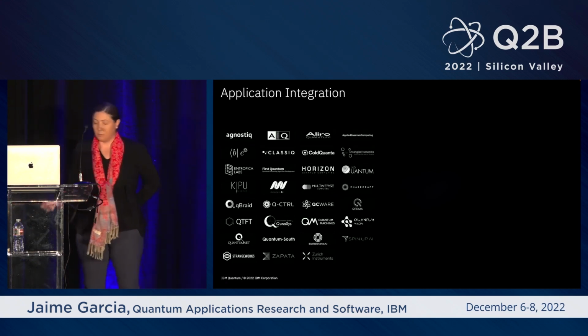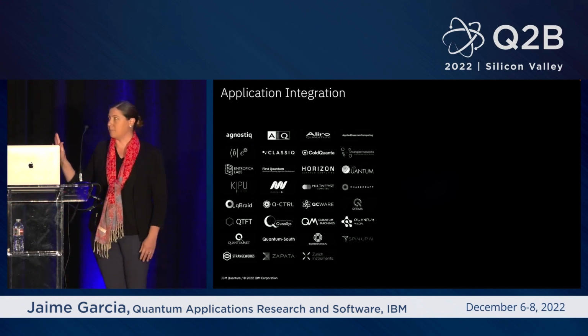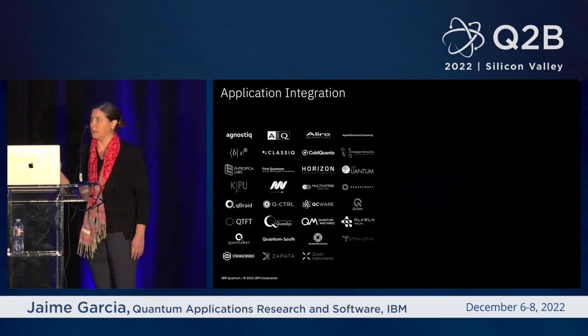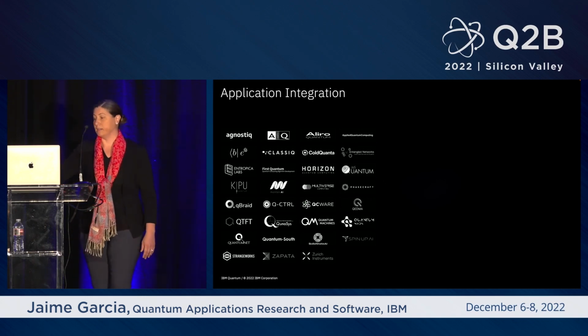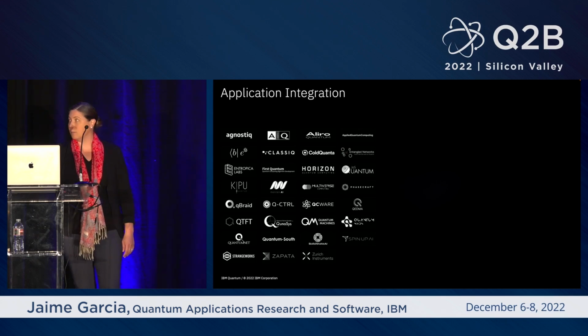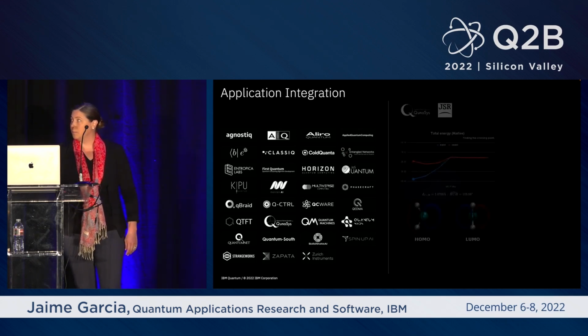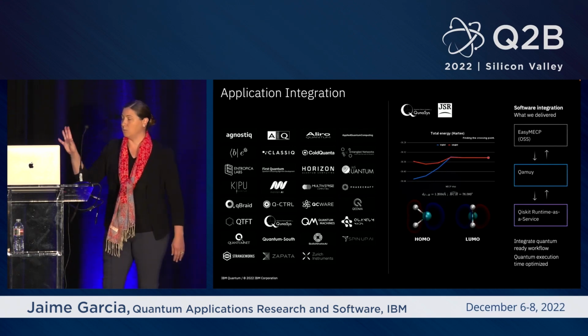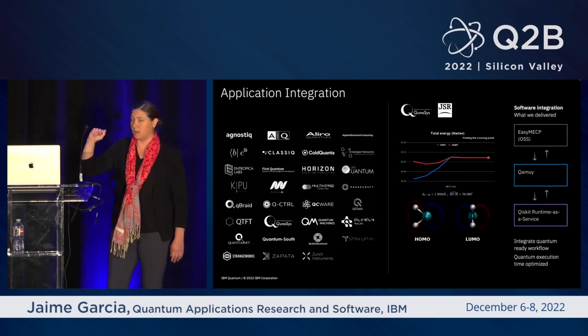So we have several partners. These are a snapshot of some of our partners in the IBM Quantum Network who are working in the software space. And in some cases, we have direct collaborations with them. I show just one example here. Again, I would direct you to the video that we have on the summit to see some other examples